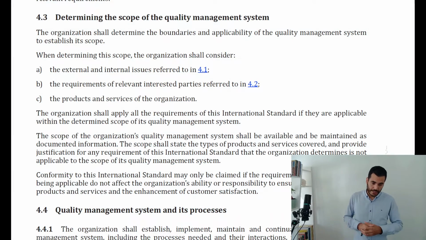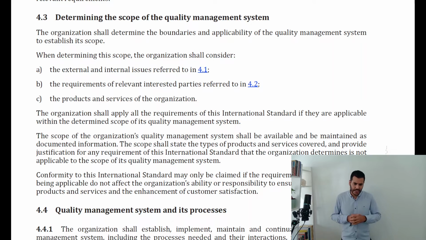Here I wanted to take a side note and explain that when the standard says that some information, for example, the scope of the quality management system in this case, has to be kept available as documented information, this means that we have to have written somewhere on some type of paper or controlled document the scope of your certification. Okay? So whenever we are seeing that it has to be available as documented information, then the auditor has the right to ask you to see written down whatever is being referred to in that particular clause for documented information.